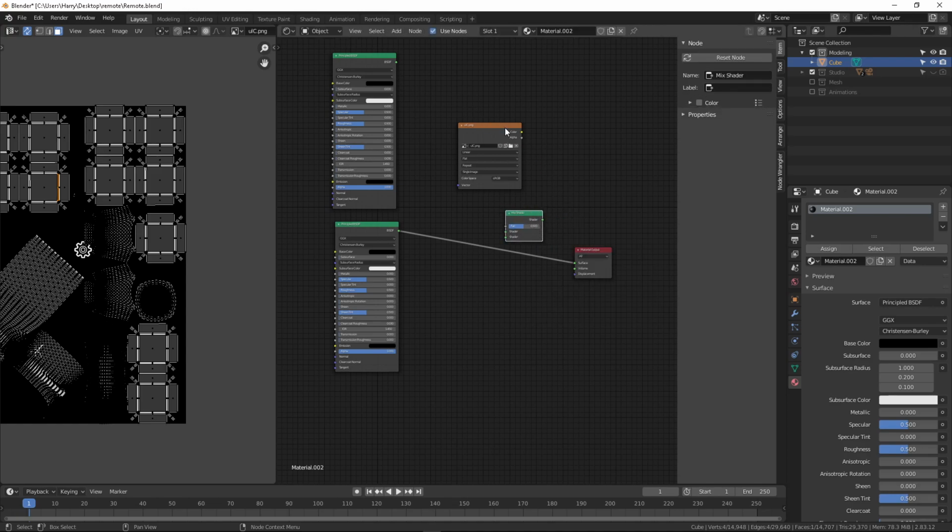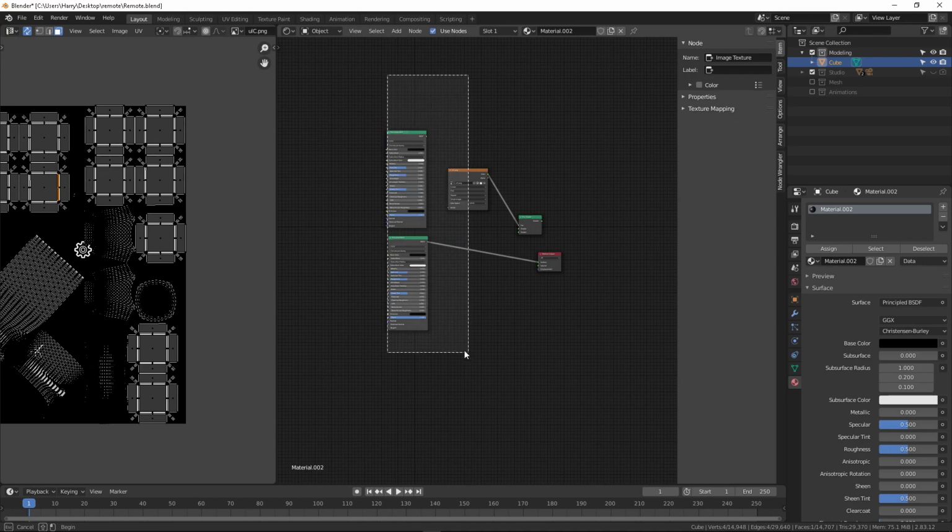Using this I'm going to create two different shading options. Okay, we can do one thing, this one let it be the same.